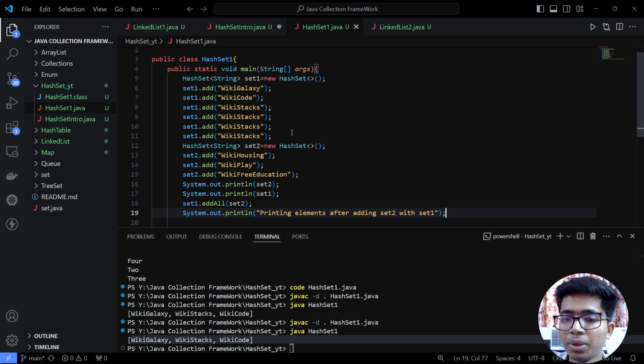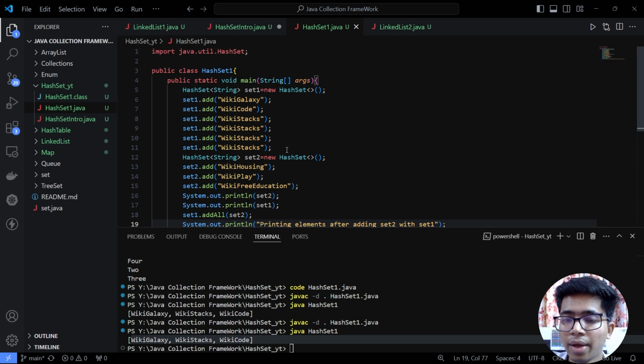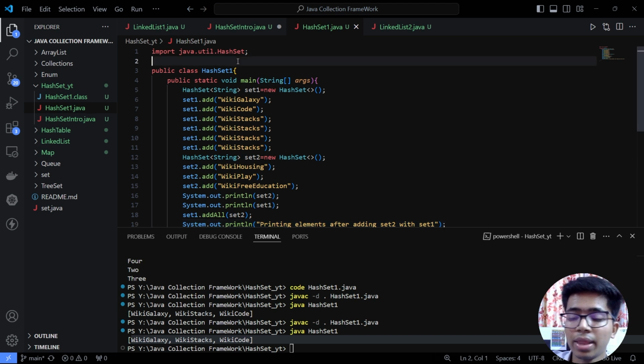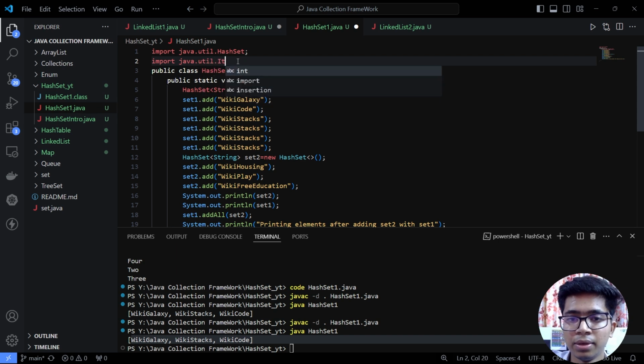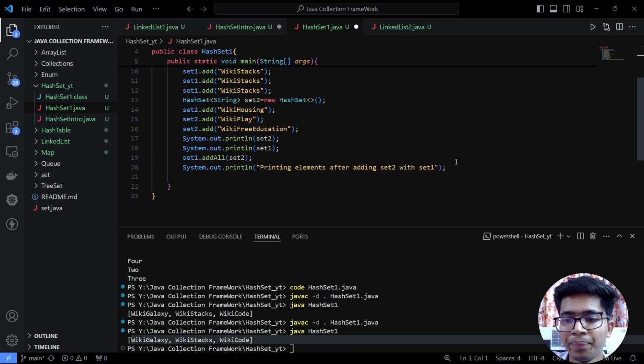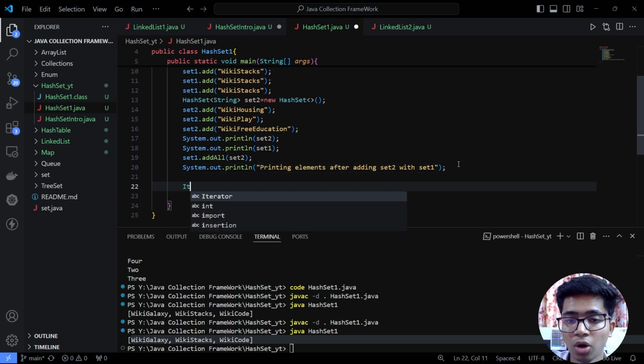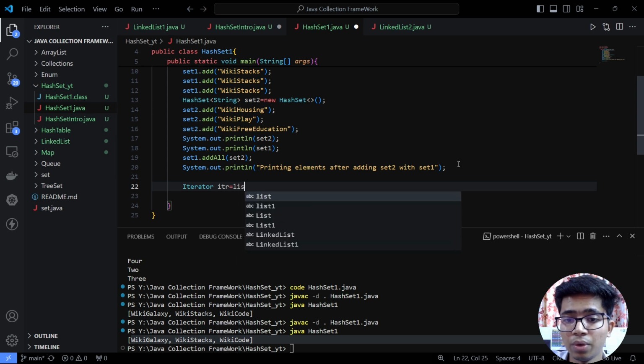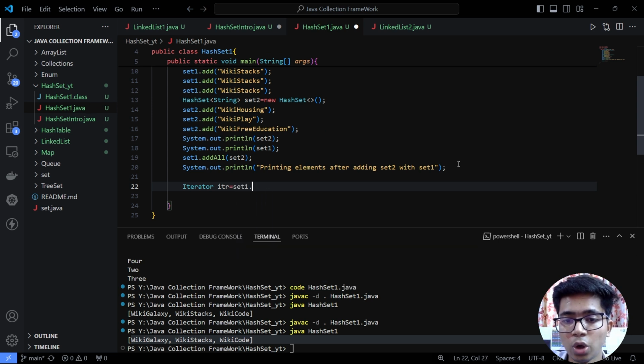Now, instead of printing directly, we will print all the elements one by one, and we will be using the Iterator. Iterator is an interface implemented by the collection classes. That means HashSet also has an iterator. So let's import the iterator: import java.util.Iterator. Now let's make an iterator object: Iterator itr = set1.iterator();